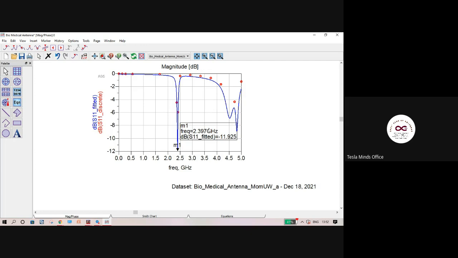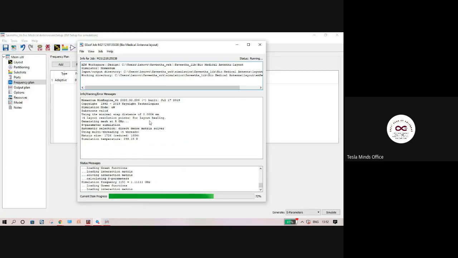Near field effects contribute to the SAR effects and radiation pattern, and they can be analyzed in the software. For far field effects, you have to fabricate the antenna and test it in an anechoic chamber, which cannot be done in the software. Let's wait for this simulation to complete and we can analyze the parameters again.